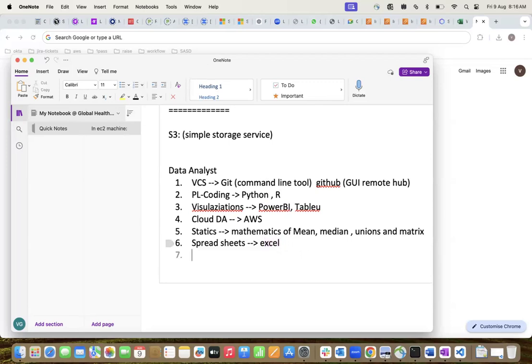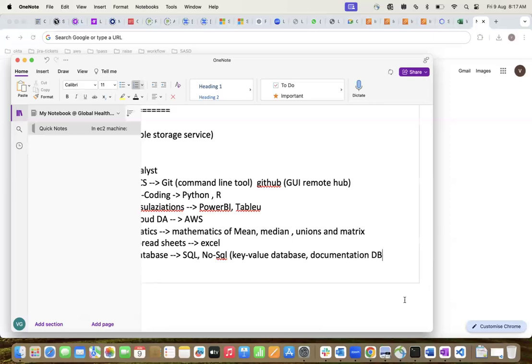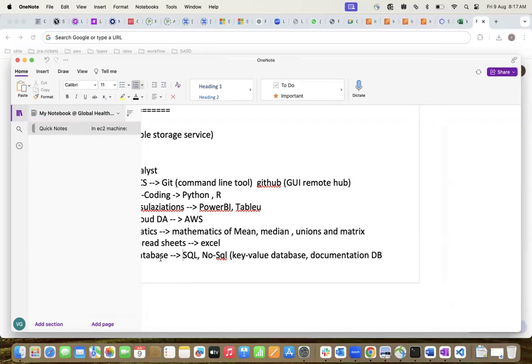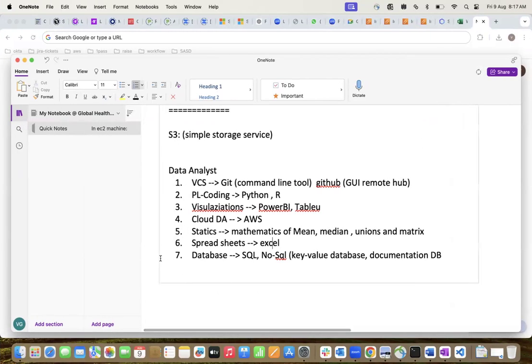Finally, I forgot, the database. There are 2 formats. One format is SQL, the other format is NoSQL. If time permits, key value database, documentation DB, if time permits for us, okay?